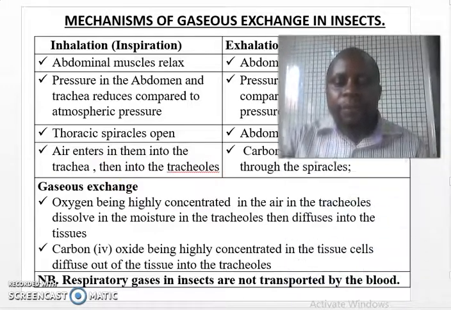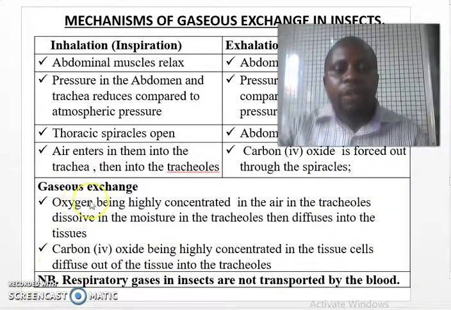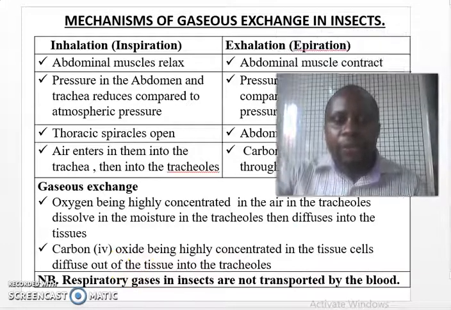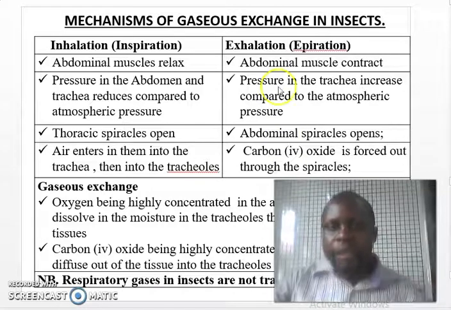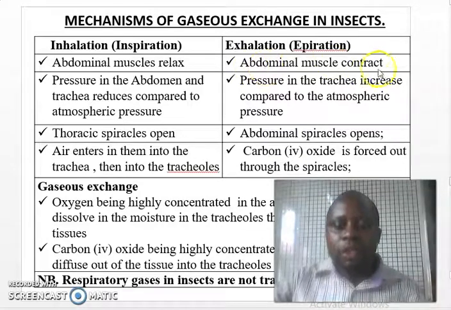Oxygen, being highly concentrated in the tracheoles, diffuses into the tissues. Carbon dioxide, being highly concentrated in the tissue cells, diffuses out of the tissues into the tracheoles. What about expiration, that is exhalation? Abdominal muscles contract,